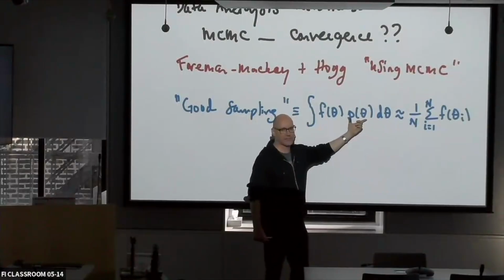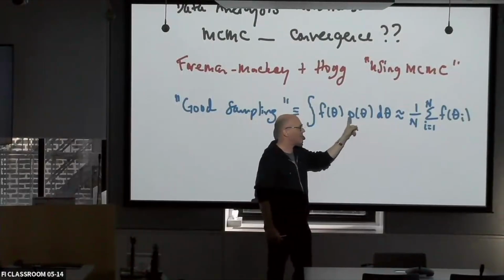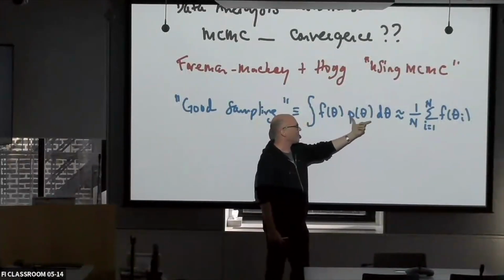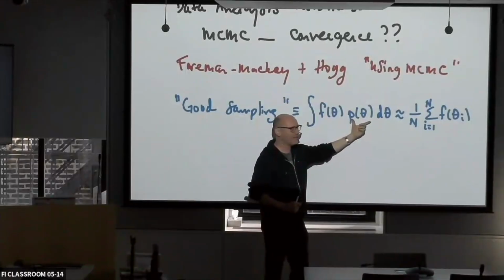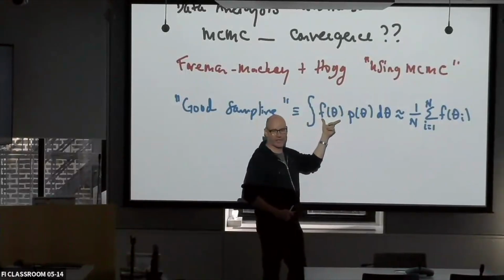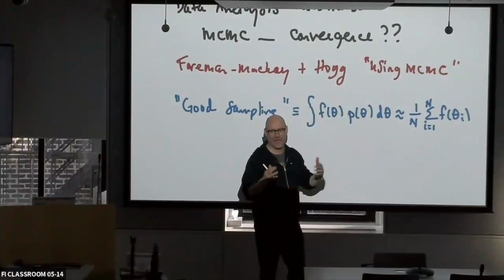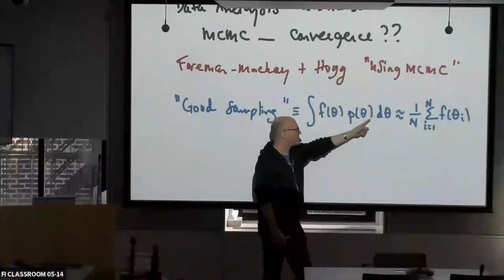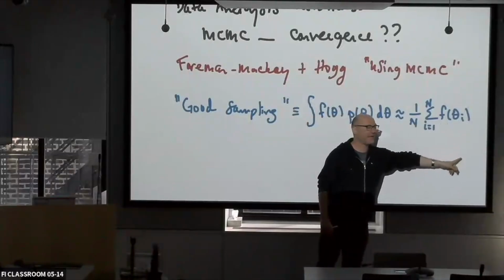This is a probability distribution, but you can think of it as an integration kernel or a measure for your integration. And you're integrating this function f of theta that you care about. Maybe you're just getting the mean of your period distribution or the mass distribution, the posterior mass or whatever. This is something you want to know about this probability distribution or about the parameters of your model. If you can well approximate this integral with this sum,